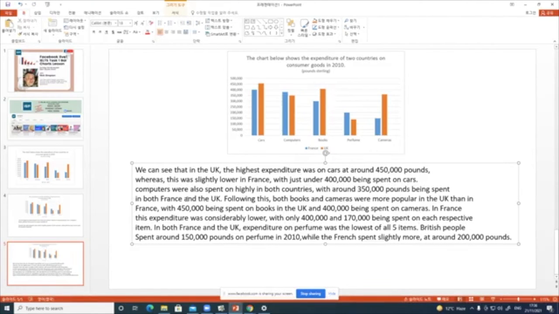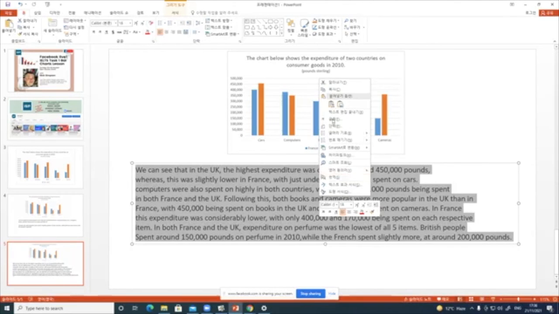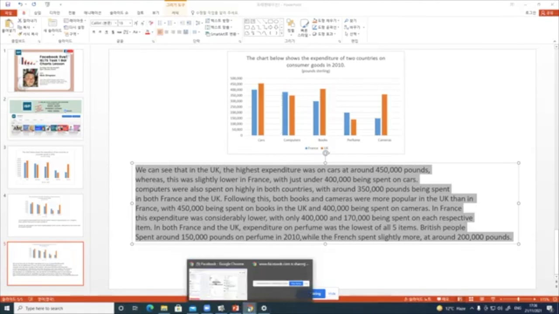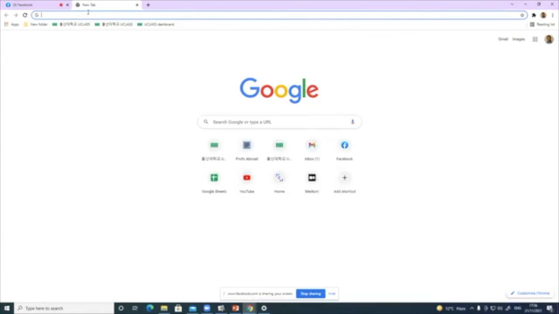Great. Okay, so that is basically all of the information that we need to include in our answer. Okay. Now, what I'm going to try and do, I don't have a word count tool, so I'm going